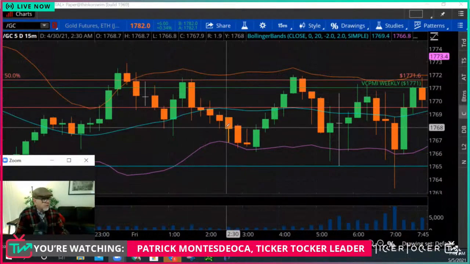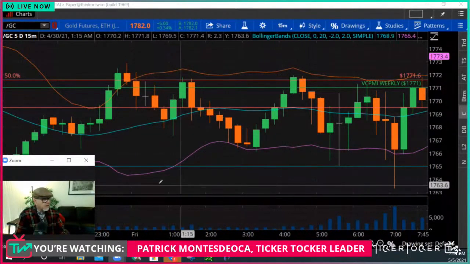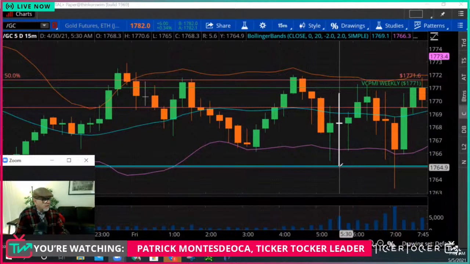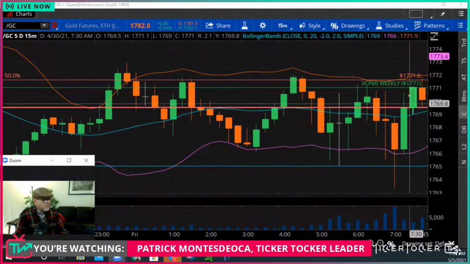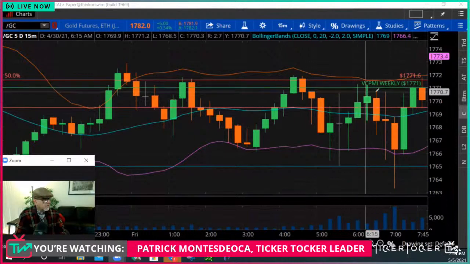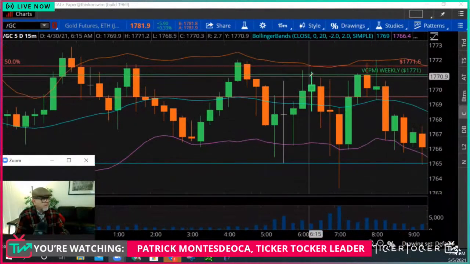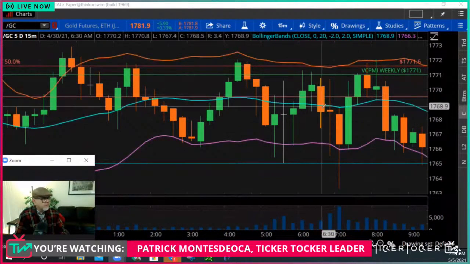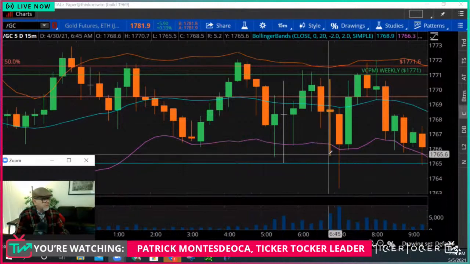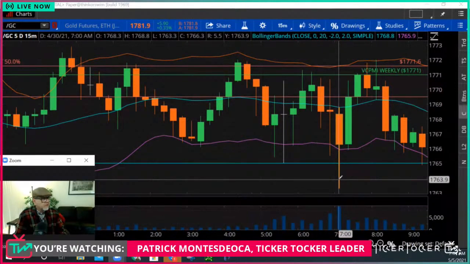So here, we recommend basically, again, you buy, coming back here, you buy the buy one and you sell the mean. Came down here, you buy the buy one and you sell the mean. You don't need to trade when it gets to the mean, but you can use it as a target. And you can just see it here, back and forth, all the way from the end of April, coming down here to 1763 on April 30th.